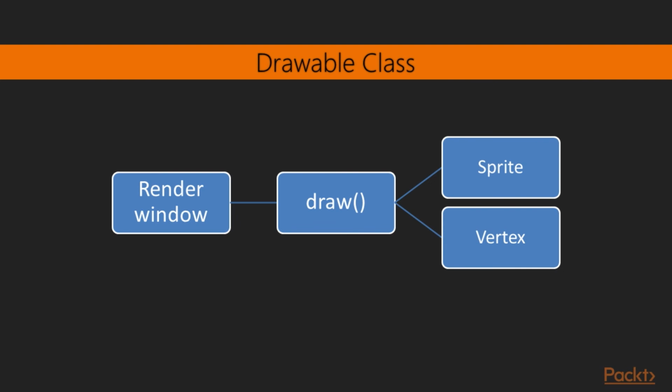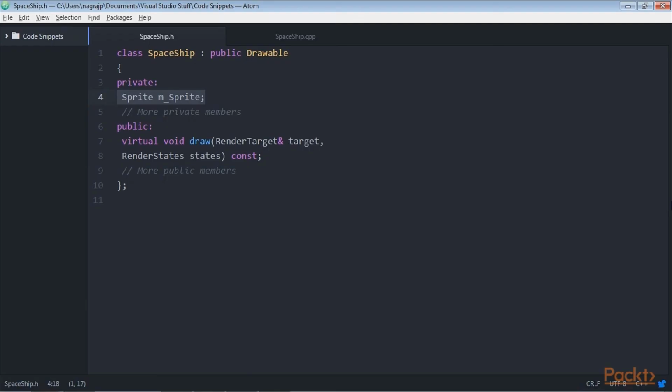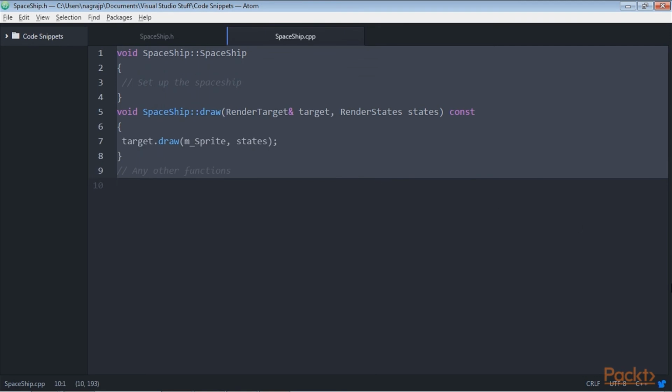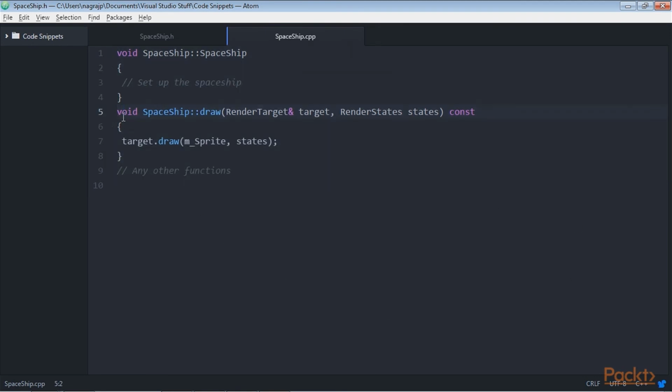In this code, we can see the pure virtual draw function and a Sprite. Notice there is no way to access the private Sprite outside of the class, not even a getSprite function. The Spaceship.cpp file would then look something like this. In this code, notice the simple implementation of the draw function. The parameters are beyond the scope of this course.